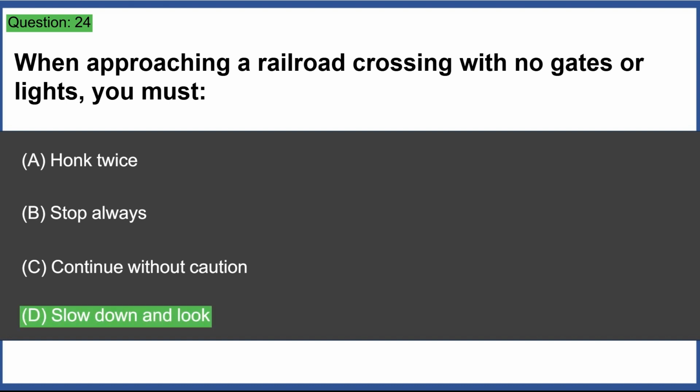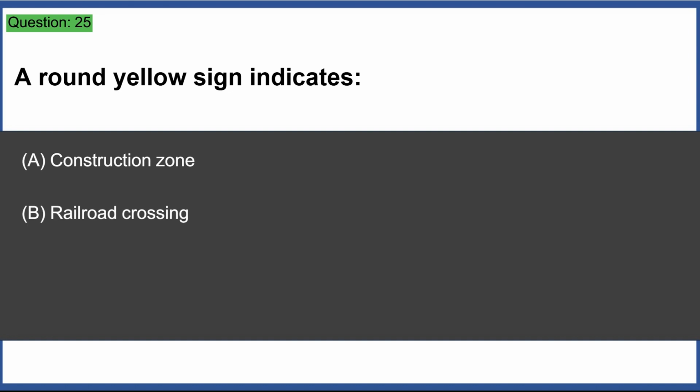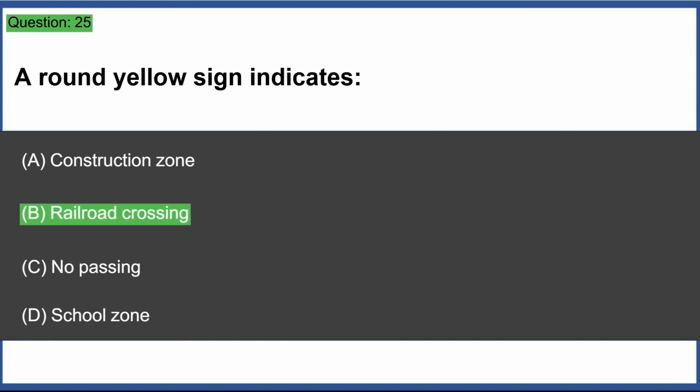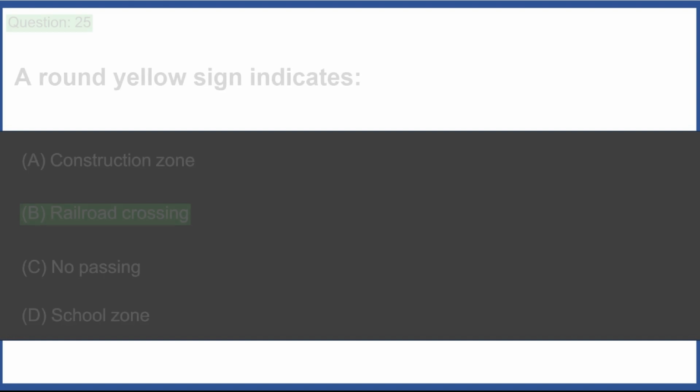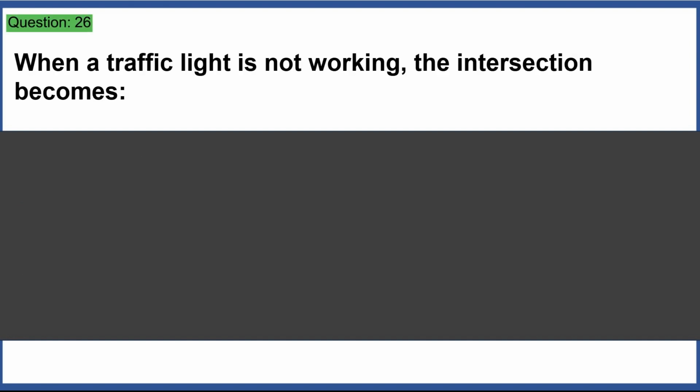Answer D. Slow down and look. A round yellow sign indicates: A. Construction zone. B. Railroad crossing. C. No passing. D. School zone. Answer B. Railroad crossing. When a traffic light is not working, the intersection becomes